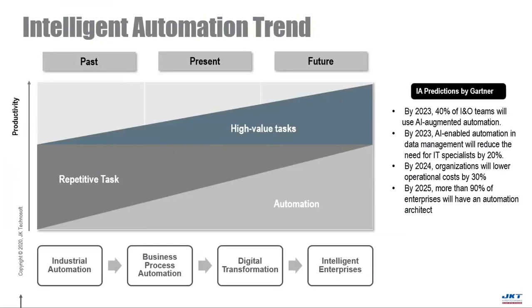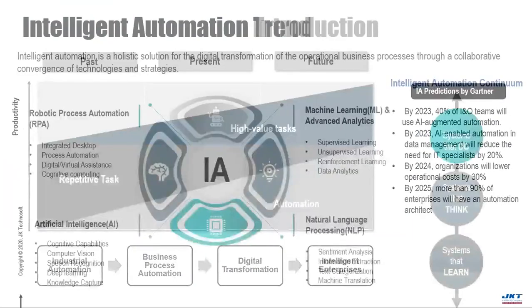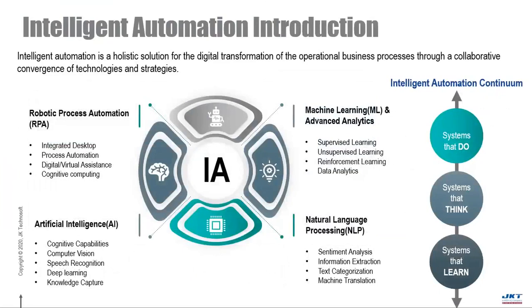As you all know, this is a digital age, and industries are finding new ways of creating or modifying business processes, culture, and customer experiences to meet the changing business and market requirements. And a holistic solution to all this is intelligent automation. So it is not a standalone process. It consists of several interconnected technologies